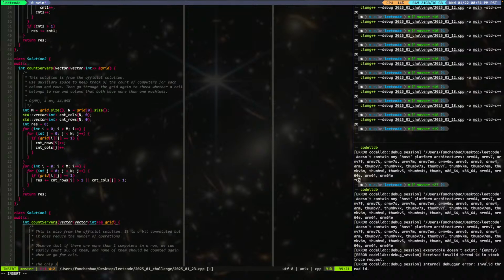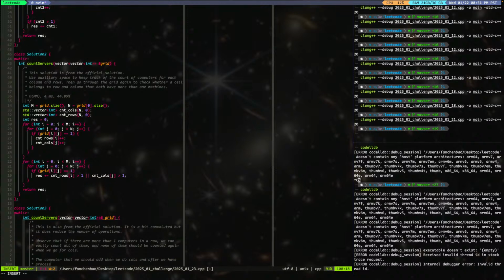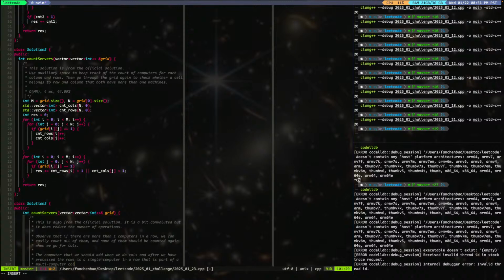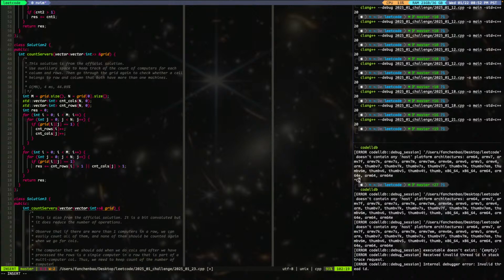So the only computer that we should add when we do columns, after we have processed the rows, is a single computer in a row that is part of a multi-computer column. Thus, we need to keep count of the number of computers in each column,